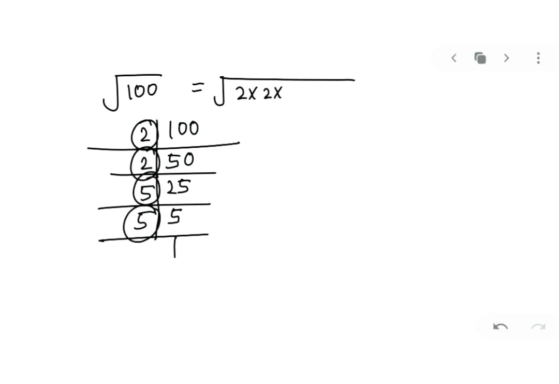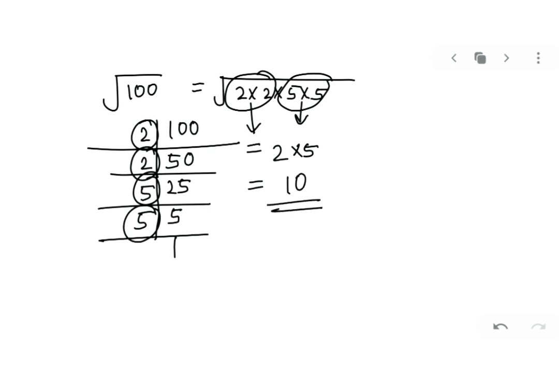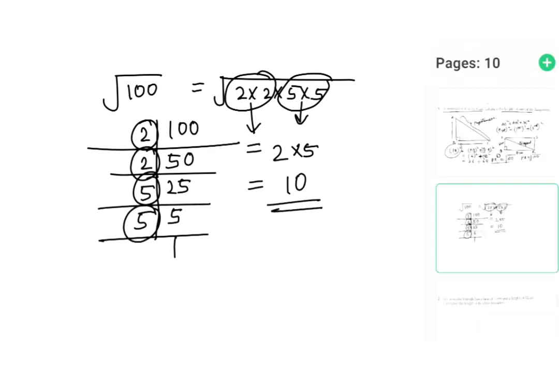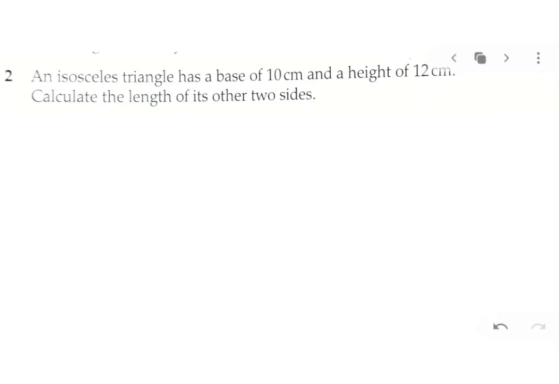Can I replace 100 by its factors? Yes. Now they are all under root. But here you have to check. If you want to find square root, you have to take a grouping of 2. And if your number is in a pair, then you can take it out of the root. So 2 is in a pair, 2 is free. 5 is in a pair, 5 is free. So 2 into 5, 10. So your final answer is 10. Got my point clear?